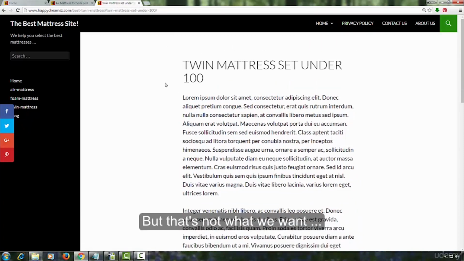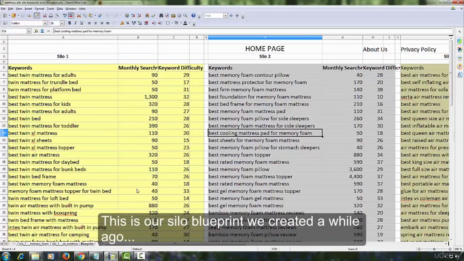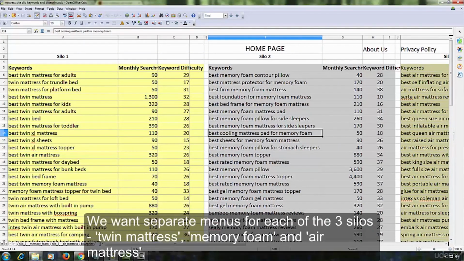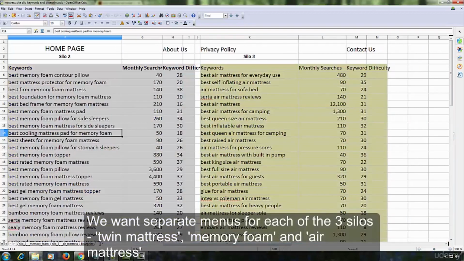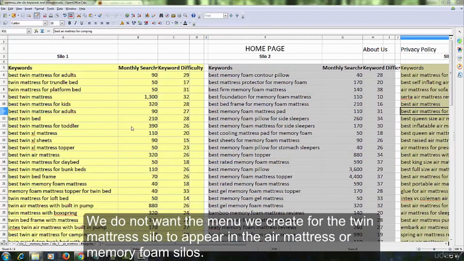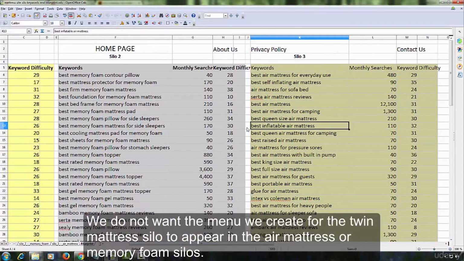But that's not what we want. This is our silo blueprint we created a while ago. We want separate menus for each of the three silos: Twin Mattress, Memory Foam and Air Mattress. We do not want the menu we create for the Twin Mattress silo to appear in the Air Mattress or Memory Foam silos.